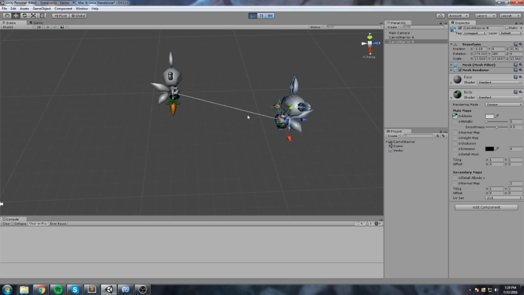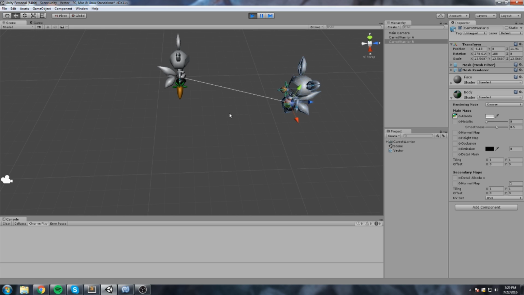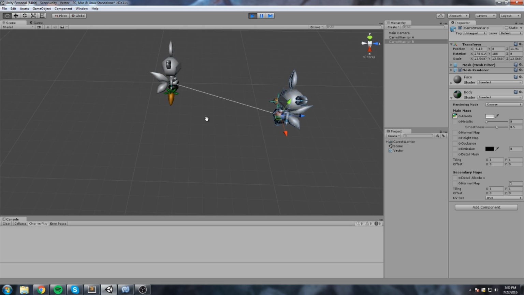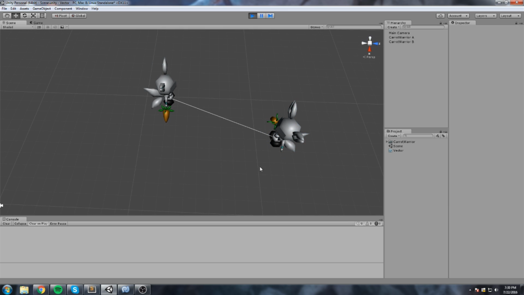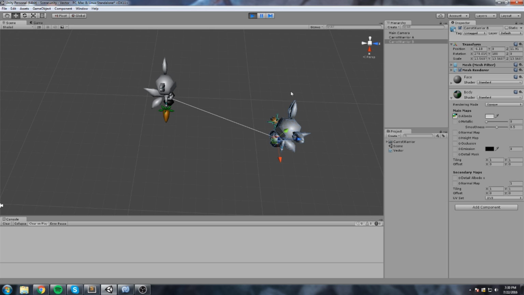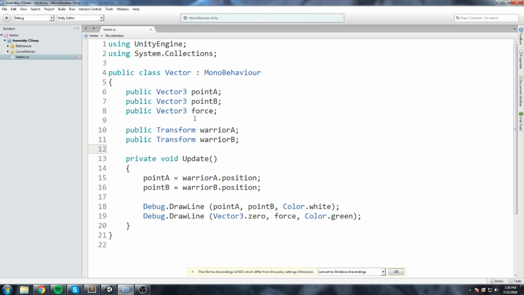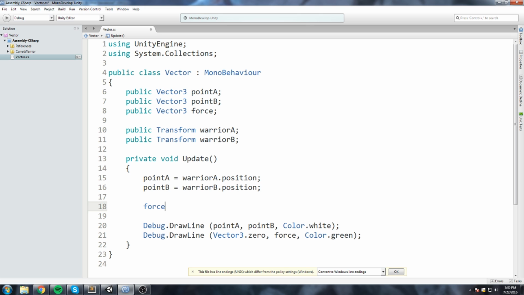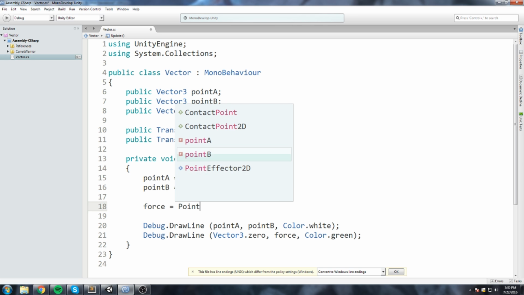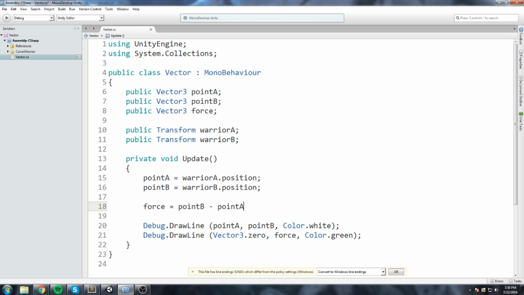And that would be really cool to have information on that, because then we could normalize it, we could get the direction, we could get all the information. So there's a really simple way to do that. All you really gotta be doing is take your point B minus your point A, and this way you can actually create a vector. So let's actually have a look at this. I'm going to be using the force vector to visualize what I just said. So right here I'll say, so if we say something like force is equal to point B minus point A,